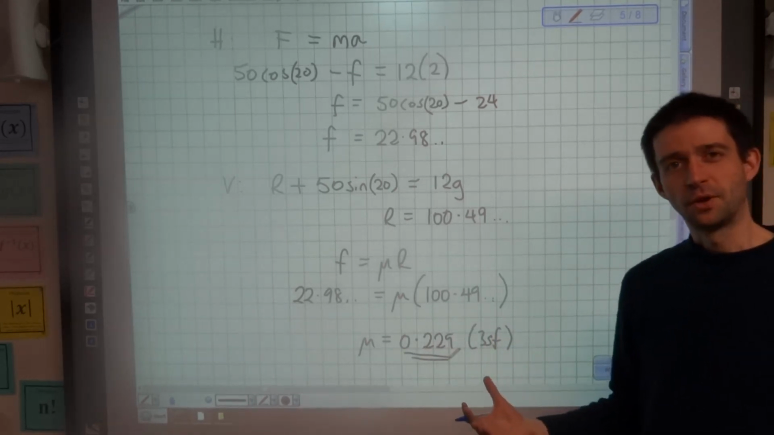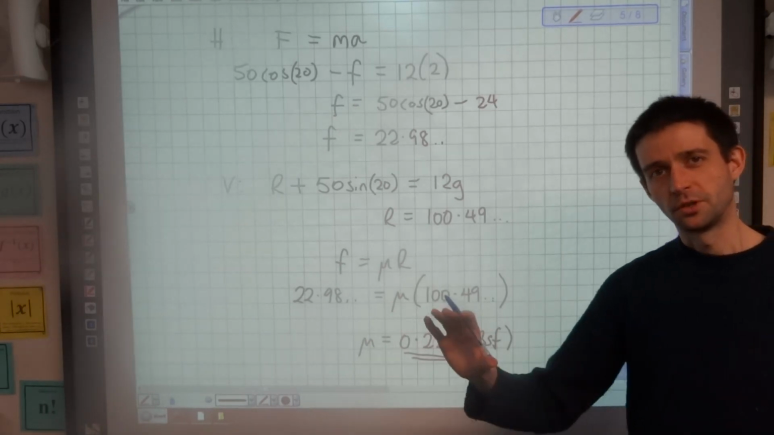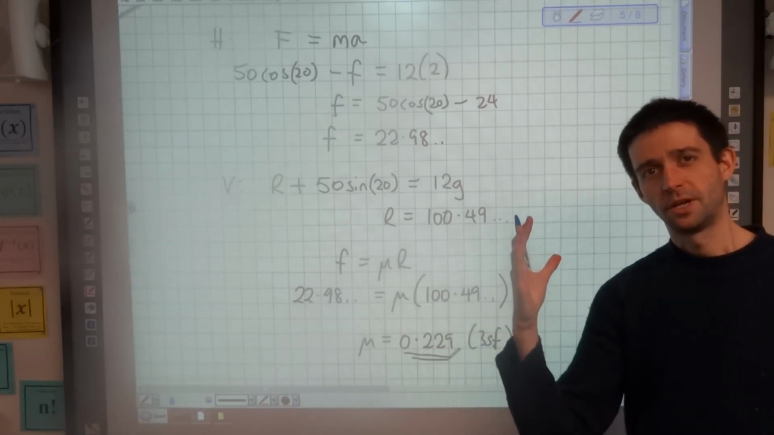So there we go, that's how to find a coefficient of friction. Resolve horizontally to find friction, resolve vertically to find R,